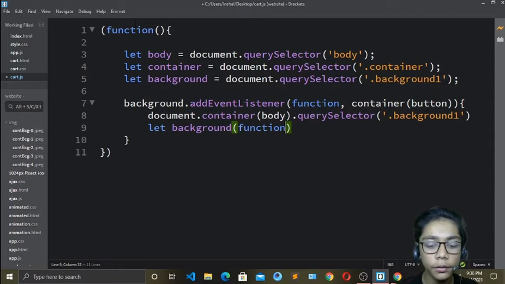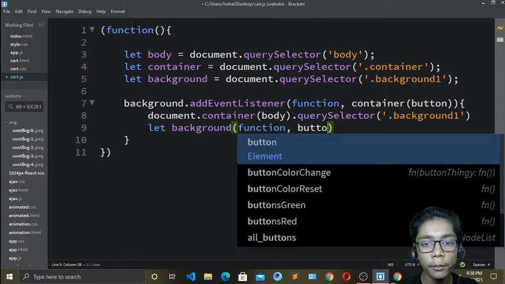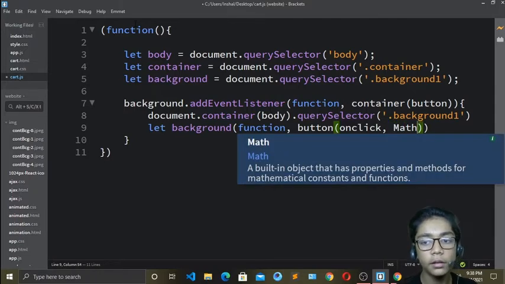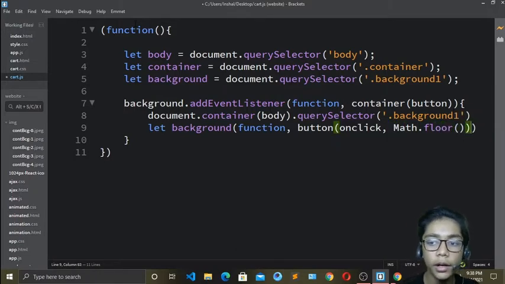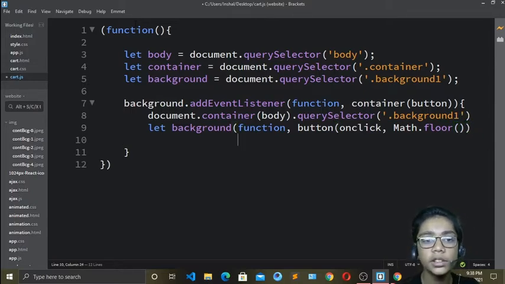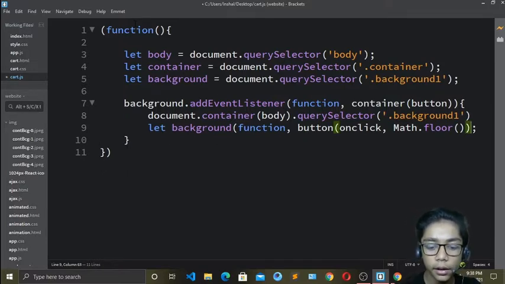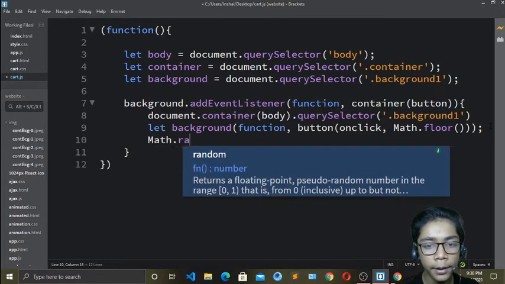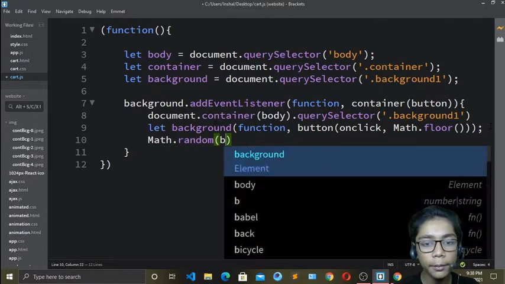Function. Okay, so now when you have done all these, come over here and write button onclick. Okay, so now comma, and here you have to write Math.floor, which is really important to write in any of them. Now you have to erase that, come over here, erase that, and close that again. Okay, so we will press Ctrl Z and close that, and in the end press enter, and over here write Math.random. So I will write Math.random, and over here I will write my button.onclick.